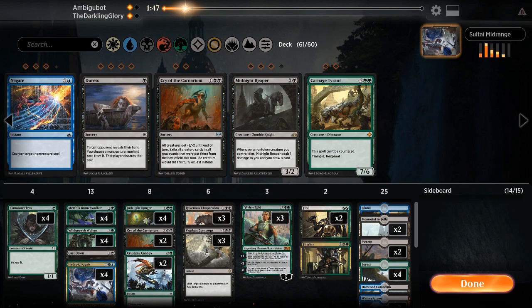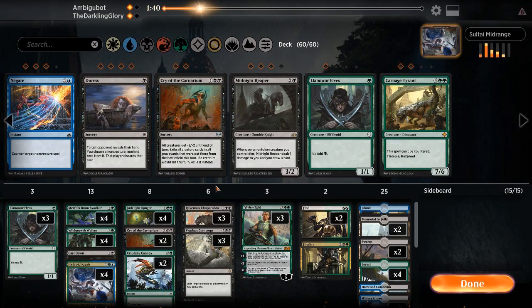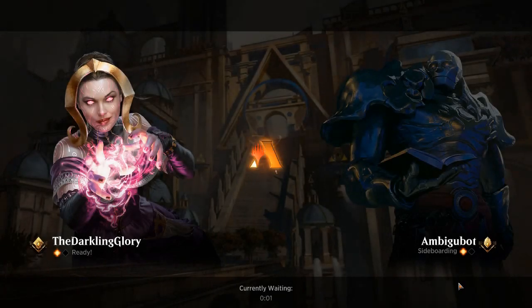Maybe in place of... oh, maybe trim a Llanowar Elves when you're going in on the Cry plan. Huh. I changed my mind. I don't want this Cry. Mostly, I just wish I had, like, 5 more Vraska's Contempts. Because Tocatli Honor Guard does not die to Cry of the Carnarium, and that is by far the most annoying card they showed. We, like, have very easy ways to answer every other card, except maybe Seraph of the Scales, but...